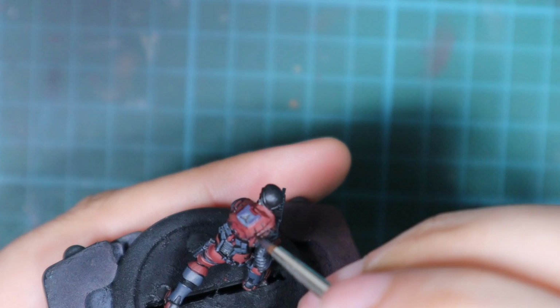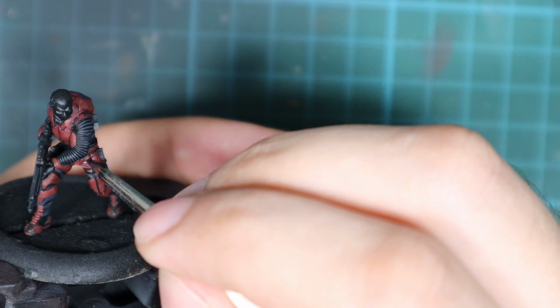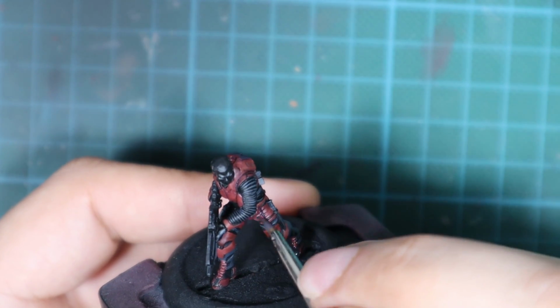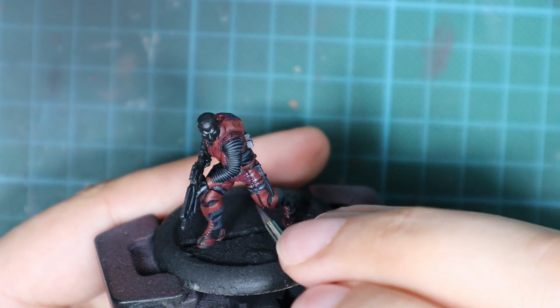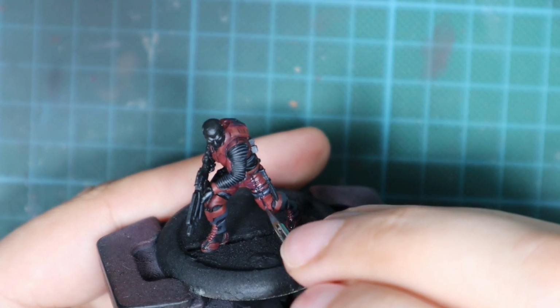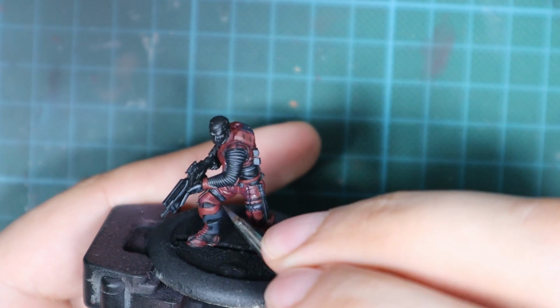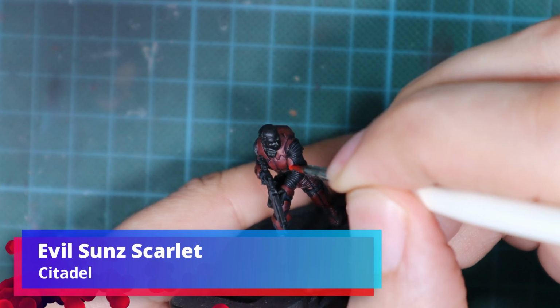There is no point painting it over the armor panels, but try to focus on the recesses and the areas between the armor panels, because this will create a shadow and make a bigger contrast on the model after we apply highlights. After this wash is properly dried, I will start focusing on painting the armor panels on the upper